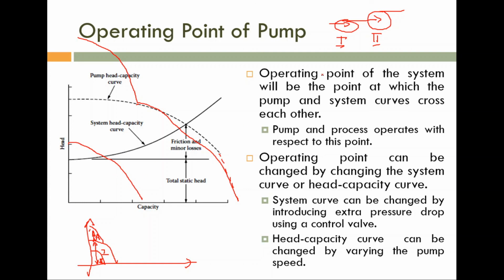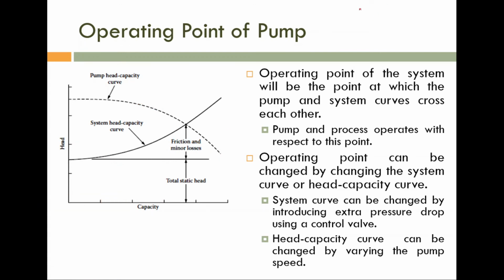So this one is cascade operation. Okay, so what about parallel operation? If you have parallel operation, this is one pump, this is the second pump, two pumps operating in parallel. So this one will provide one flow, this one will provide another flow. So here you can see that the flow rate is the sum of these two. Say this one is one pump. If these two have the same capacity, at this point the flow rate provided by the two pumps is the same. Okay, 0. So there is no shift.